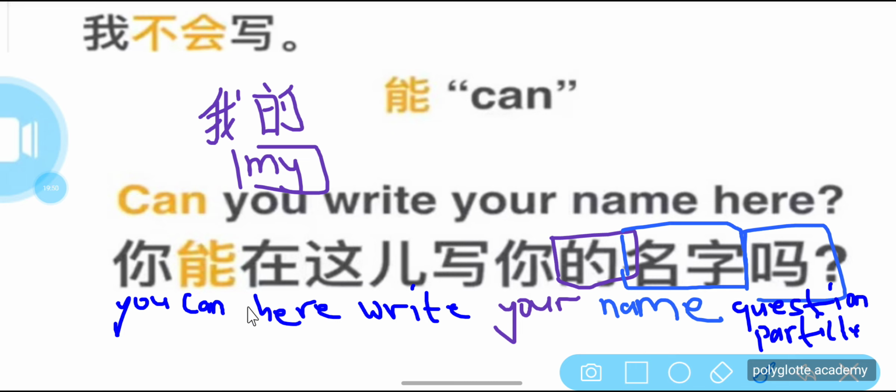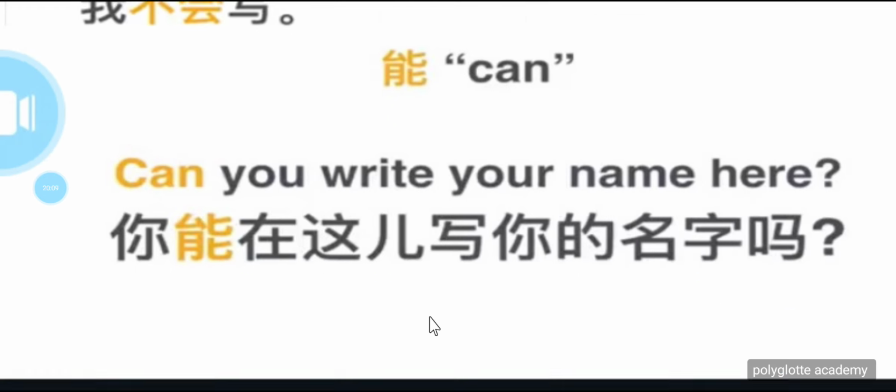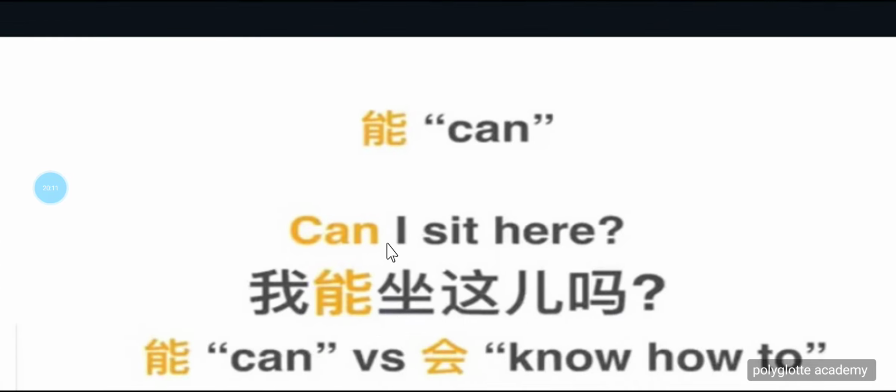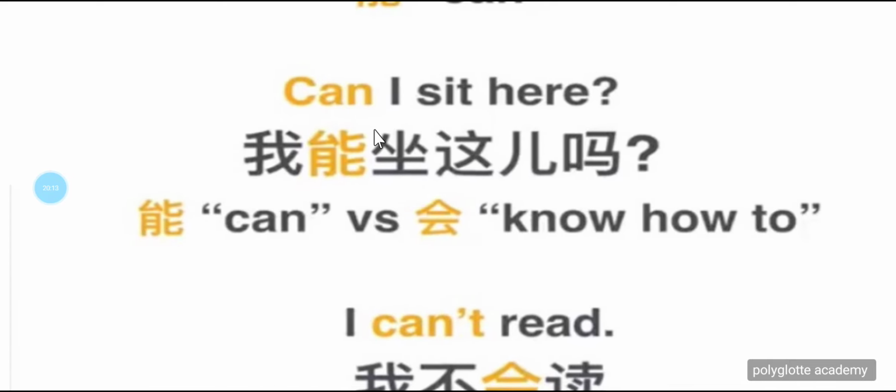So you look at the position of the Chinese characters: the word for here, a place, goes at the end. Can you write your name here? 你能在这儿写你的名字吗？很好。好，继续。